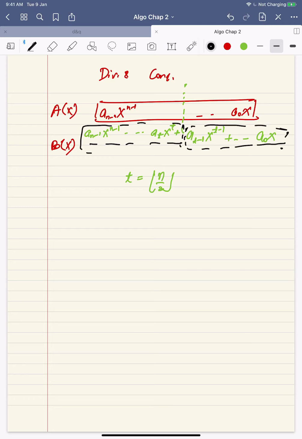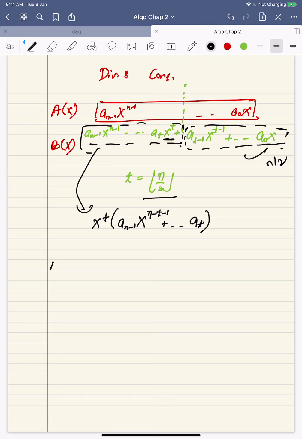Okay. Now I want to make sure that they are of the same size. I mean, the size here is the order of the polynomial. That should be close to n by 2. Now this is n by 2 order, but this I cannot say because the power goes up to n minus 1, right? So to make it also of order n by 2, I can take x^t common across. So I will further simplify it as x^t common, a_{n-1}x^{n-t-1} up to a_t. Right? Now this n minus t minus 1 is also of the order of n by 2 because t is n by 2.